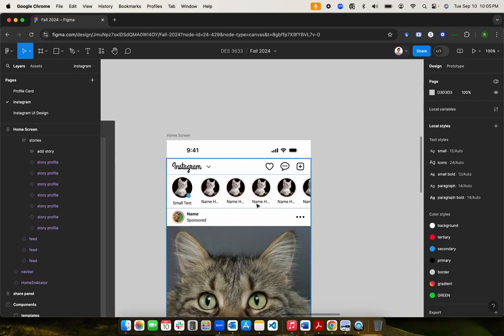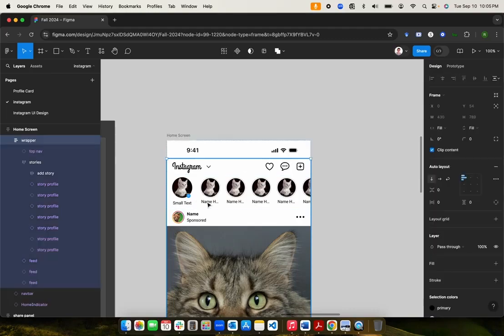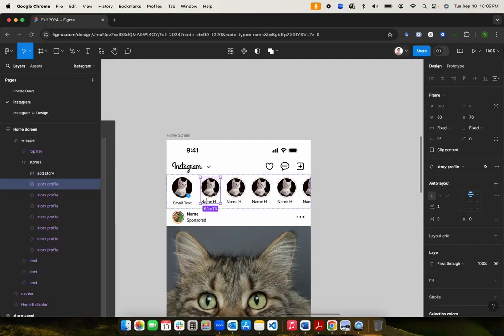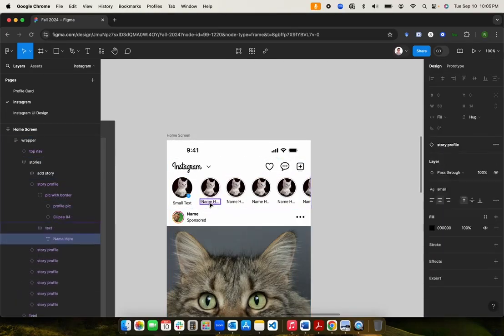So you want to vary these names, but then you can go ahead and click multiple times and then start changing the text here, right? So you can do this, which is fine, but you can do this in a more efficient way,